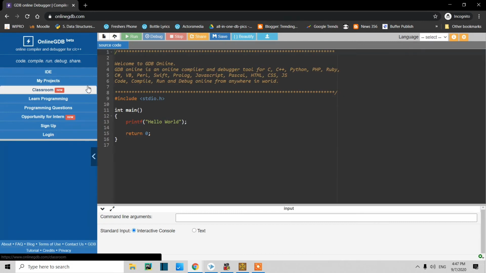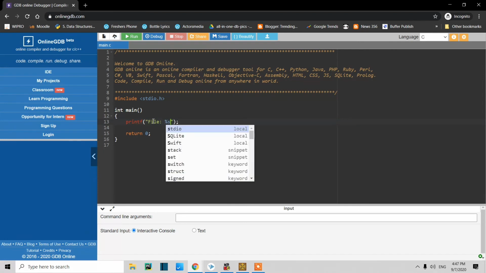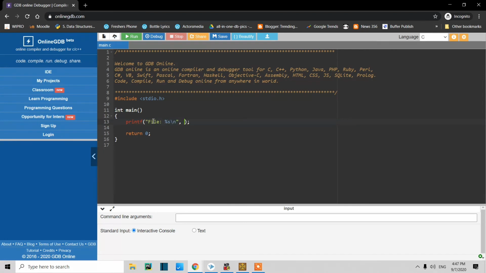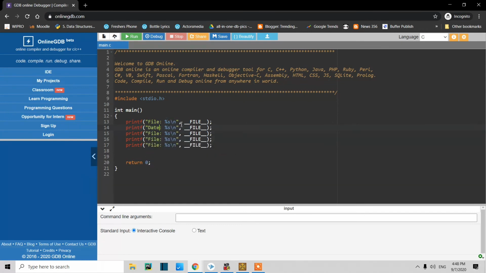We are going to execute the above examples, like date. Okay, now we will go to online GDB. We will open an online GDB file, select the language, and try printing some of the values of macros which we can use in our own files. First we will try the file name. We are expecting the name of the file from this macro. We have to give two underscores before and after file, and this should give you the file name.